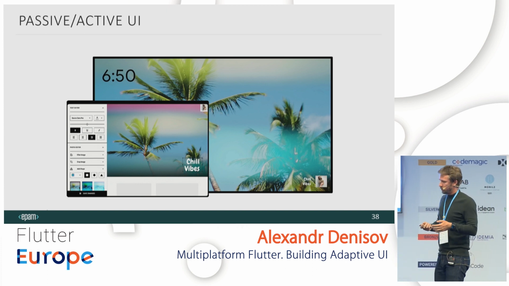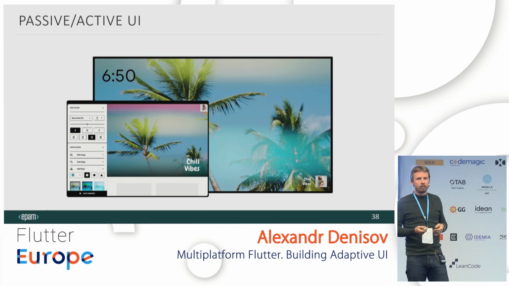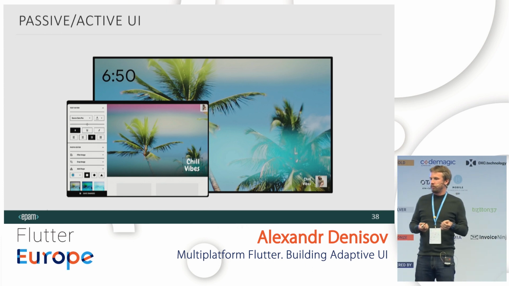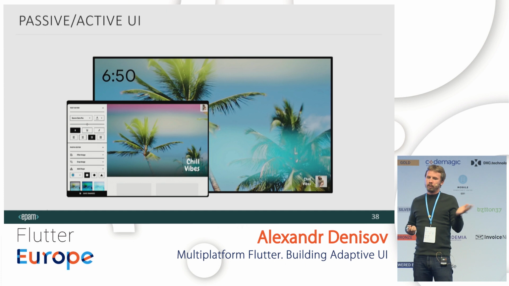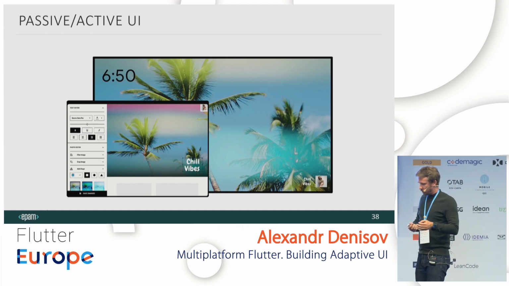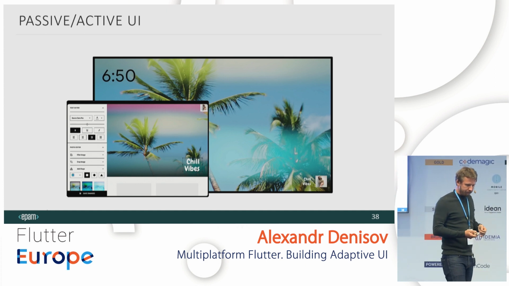You can add a lot of control elements for interaction with the user to the desktop version, and you need only information elements for the TV version. The first is active UI, the second is passive UI.